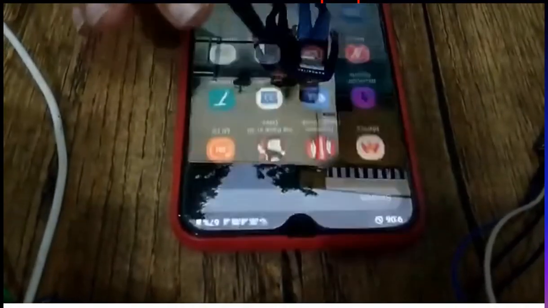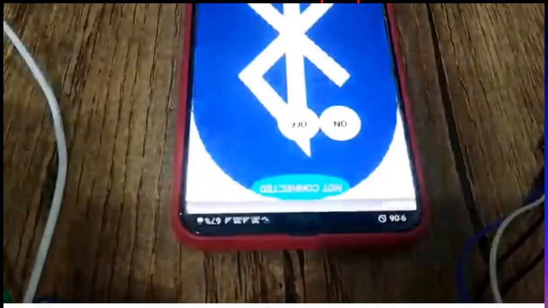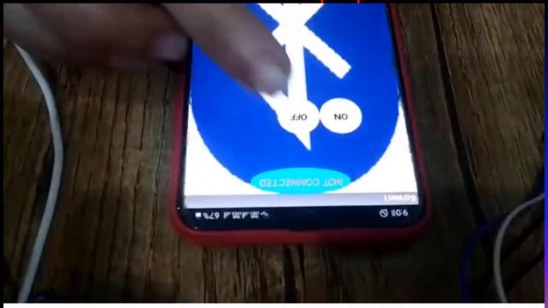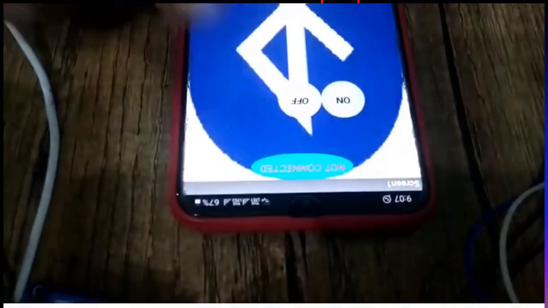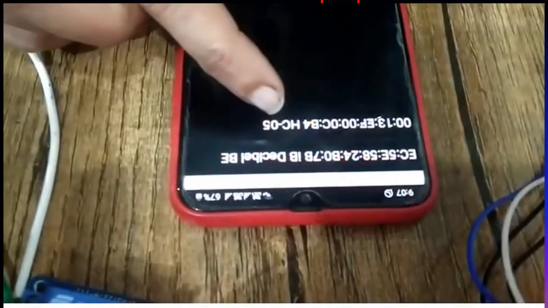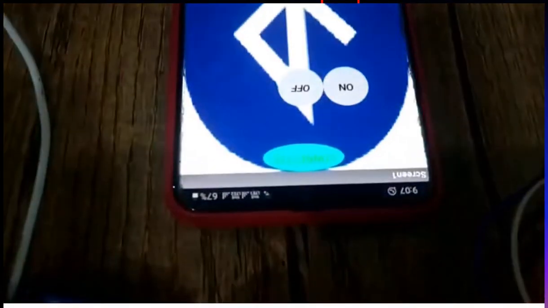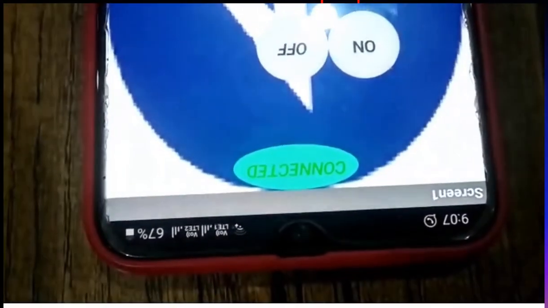Now I'm going to open my app. Initially it is not connected. It is listing HC05. Now it is marked as connected. Now this app on my mobile is connected with this Bluetooth.